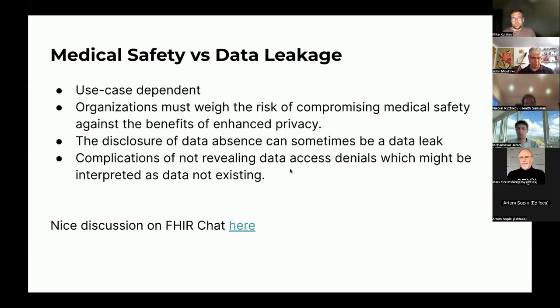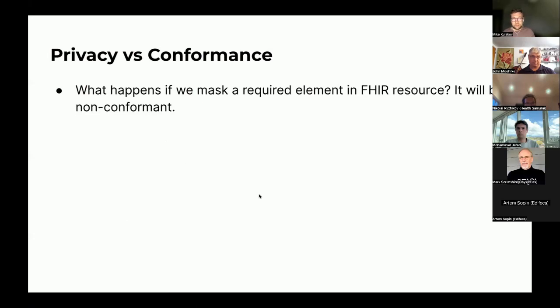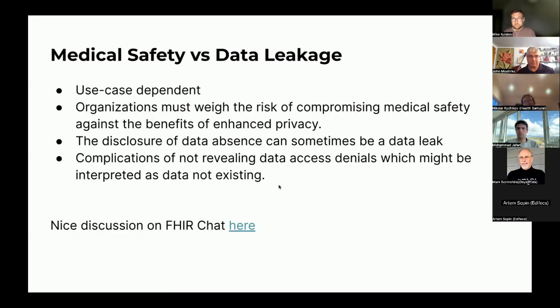After long discussions, I just want to put some facts here, and you can definitely check the FHIR chat discussion. I'll put the link, but they are definitely an organization that makes decisions on its own. The trickiest part is that the disclosure of data absence can sometimes be a data leak. So when I'm telling you that the element or the resource is redacted, it might mean that I do